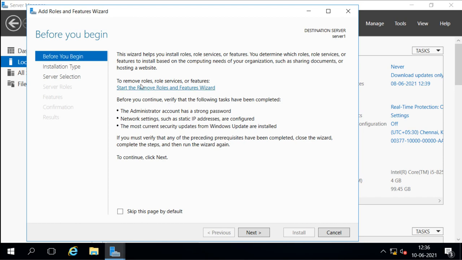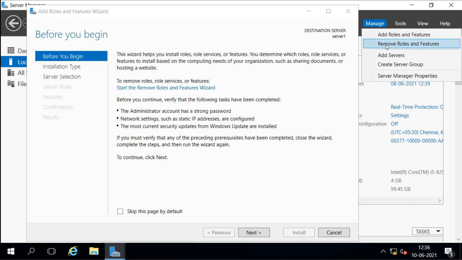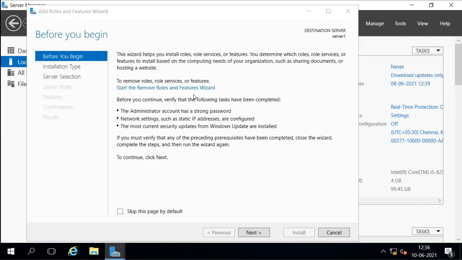And it is also giving an option here that if you want to remove any role or feature, then you should select here. That option is also available under Manage. We have this option available here, or we can start from here also. Now once you have read this before you begin page, you don't want to read it every time, because whenever you try to install any role or feature, this wizard will open and always show you this before you begin.